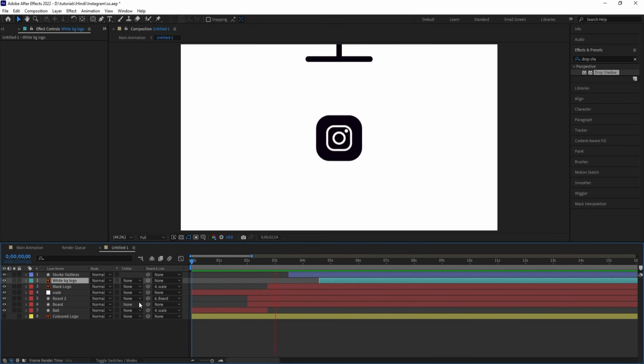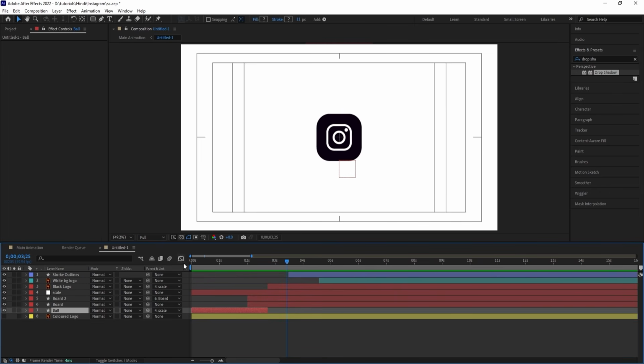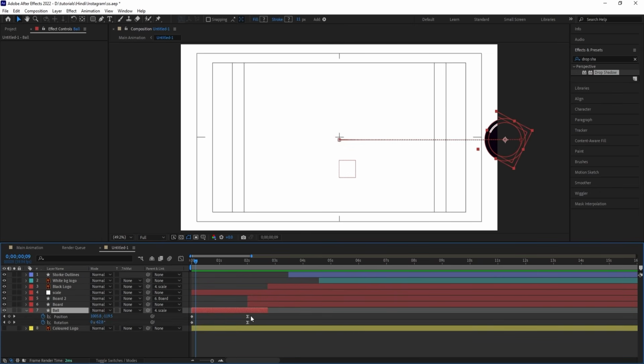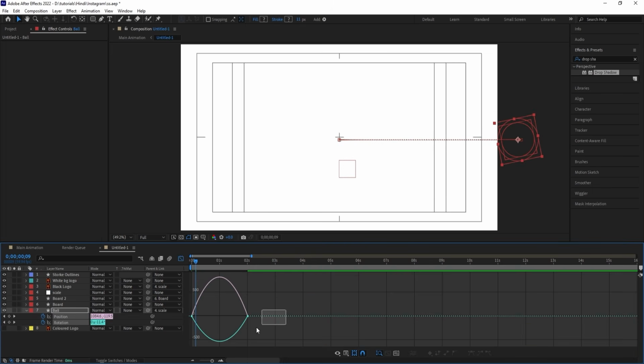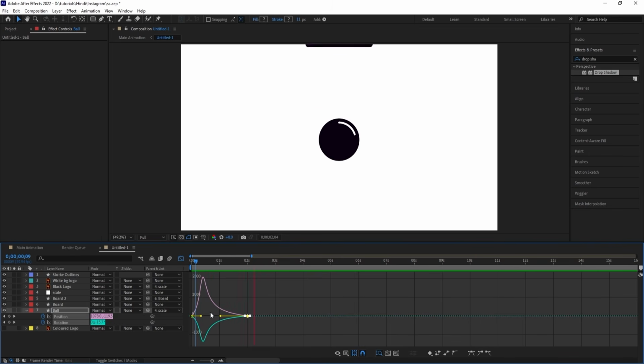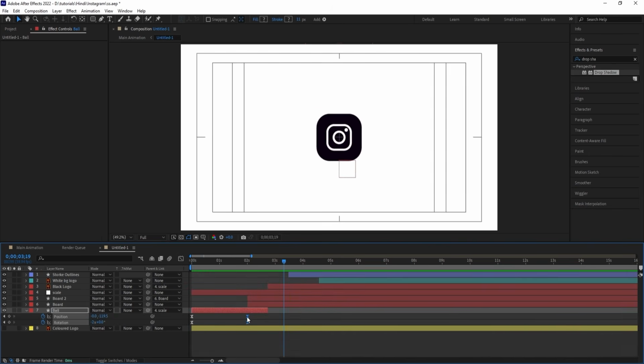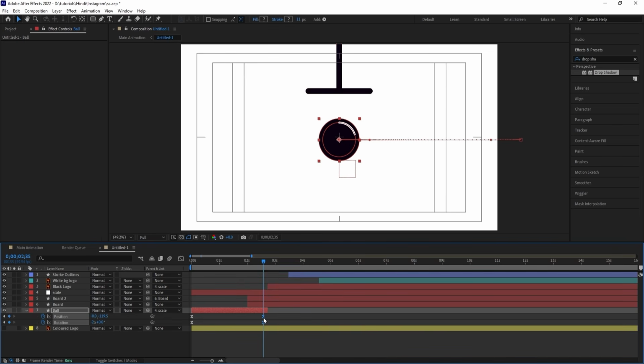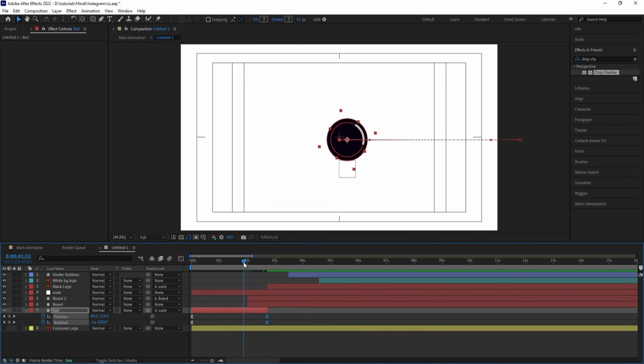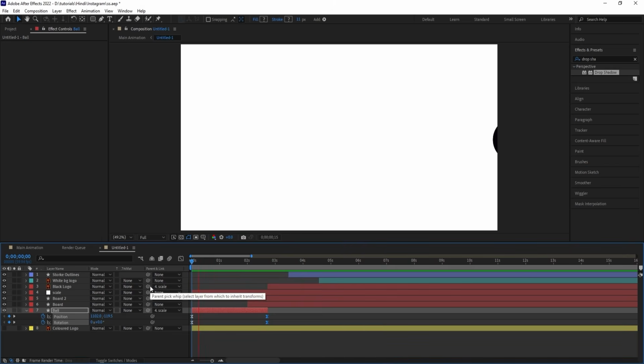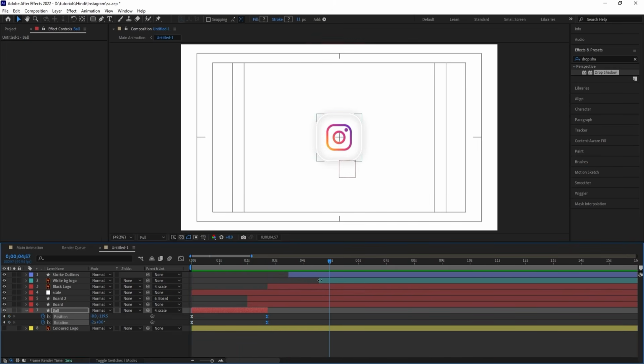So let's see this animation from now. First we will get this, and then this. I think this ball is coming very slowly, so hit U, select those last keyframes, or you can select all the keyframes and hit F9. Go to the graph, select this graph. By holding shift, move this handle over here like this. Then we will get something like this. You can bring this scale keyframe over here, so it will start to come at the position over here. Let's move this up to this. Okay, like that. So as you guys can see, we will get this, then this, and then we want this